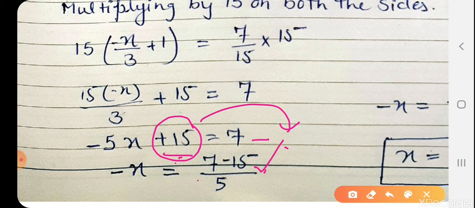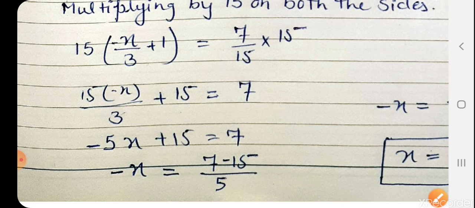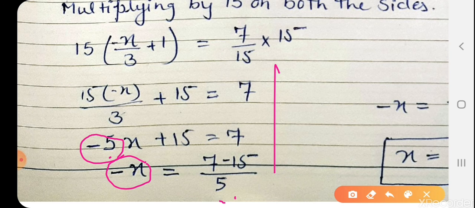So it becomes 7 minus 15. In the next step we will divide this by minus 5 or simply by 5 only. If we divide it by 5, here x will remain negative, and if we divide by minus 5, then it will become